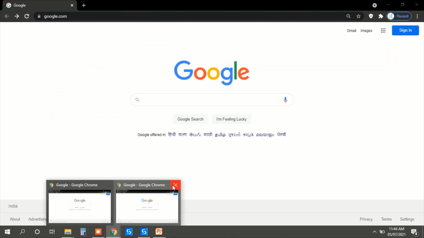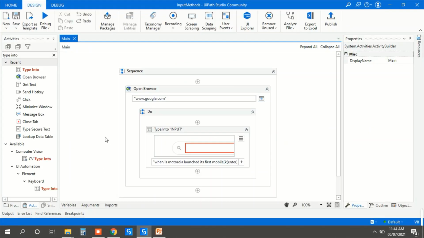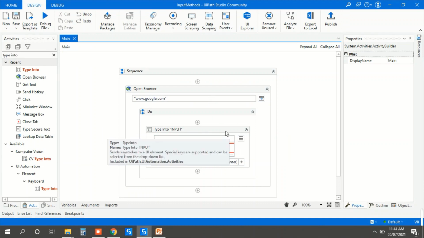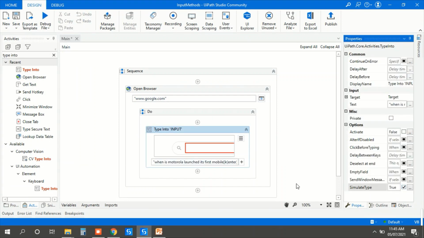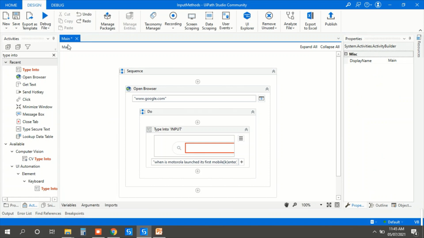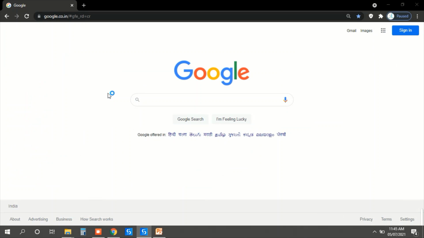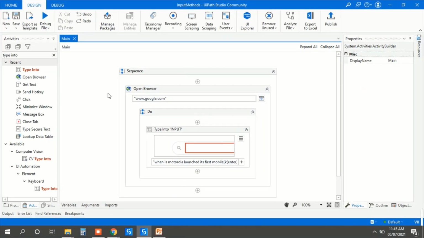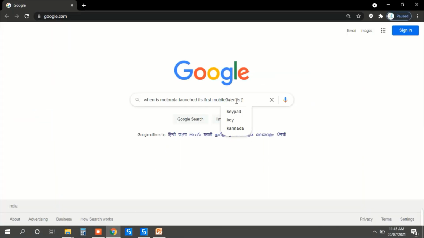Okay, nice. Now I will show you this send hotkey under simulate type. We know that under the simulate type method the send hotkey will not work. So let's check the demo of it. I'm not going to close the window now because we have already seen that demo. Now here you can see our send hotkey method is also written here.